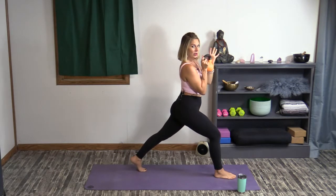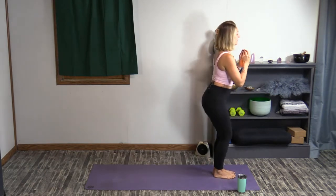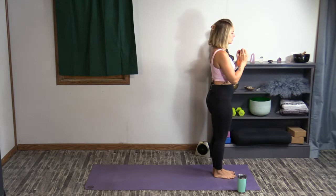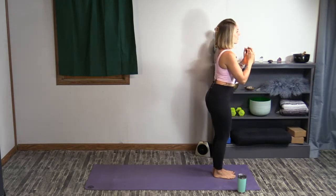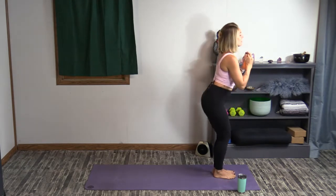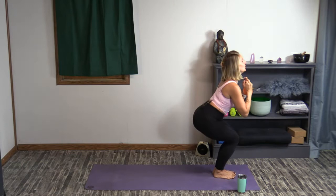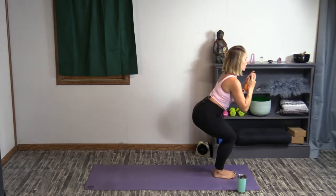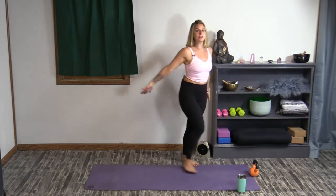Hand comes into the kettlebell again. Step forward. Pulse, lift, pulse, and lift. You're gonna feel your glutes here. For 5, 4, for 3, tighten that core. 2, and 1. Draw the weight all the way down, root to rise, sweep up towards the sky, lift the